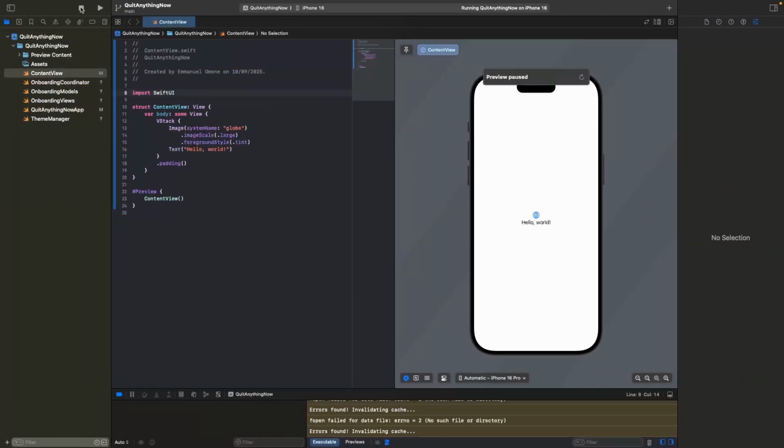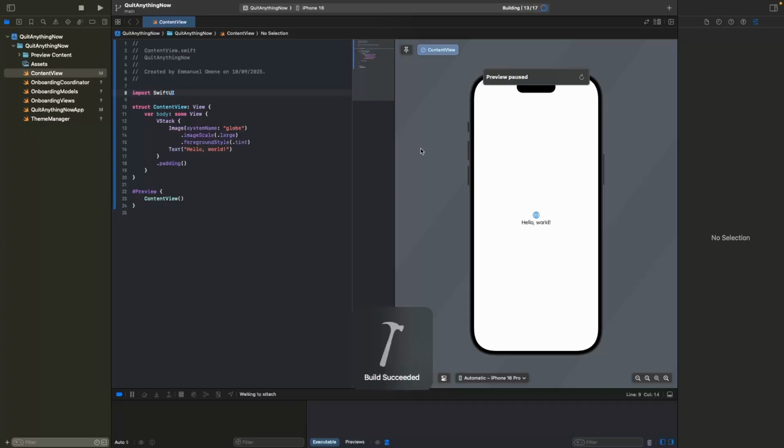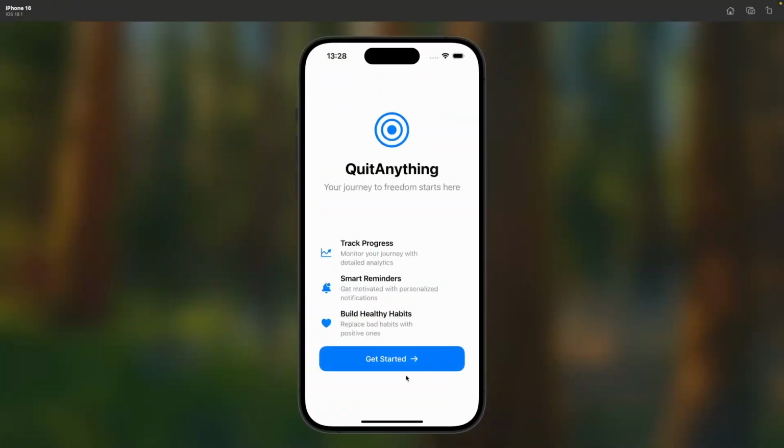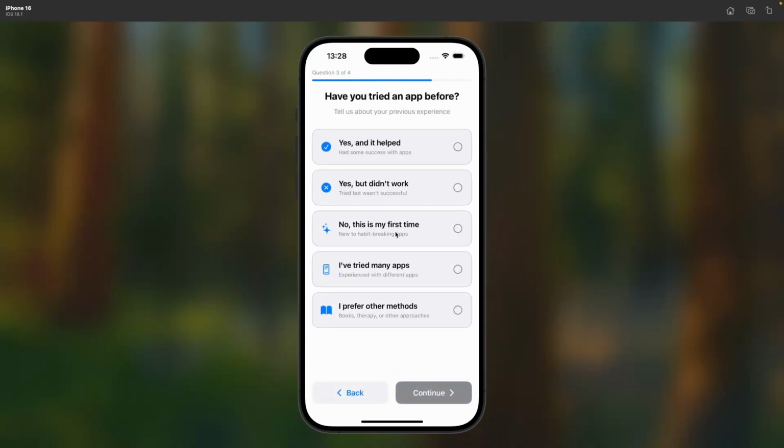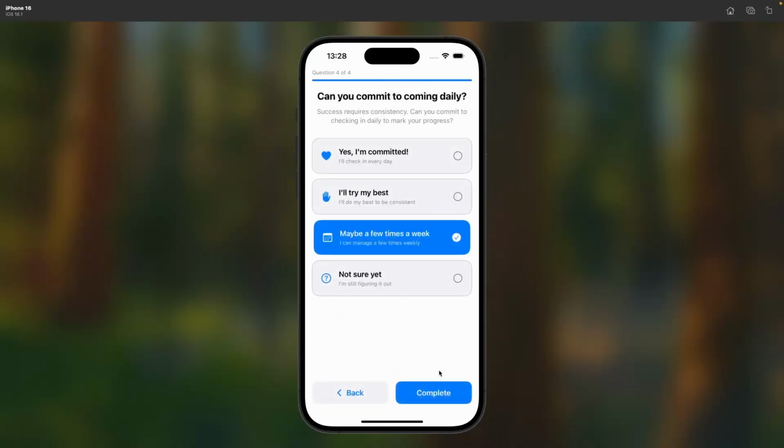So we can go back here, we can click on the stop button and click on run again. And hopefully it builds and it attaches. And yeah, we go through this onboarding again, which, I'm just going to stick to defaults because I want to be able to